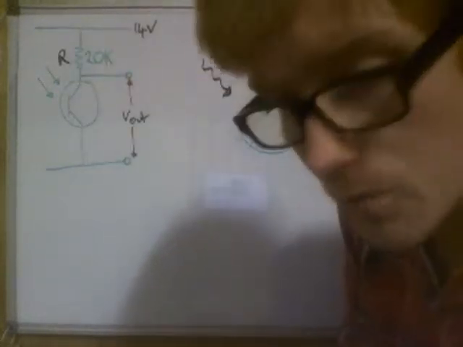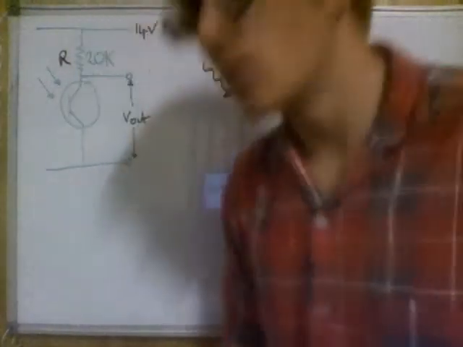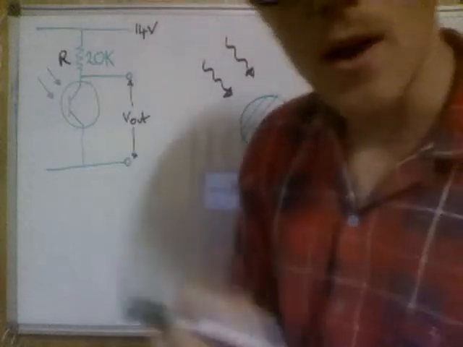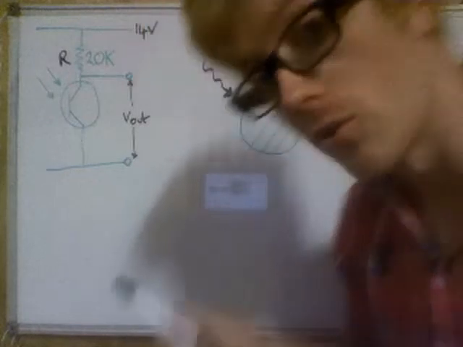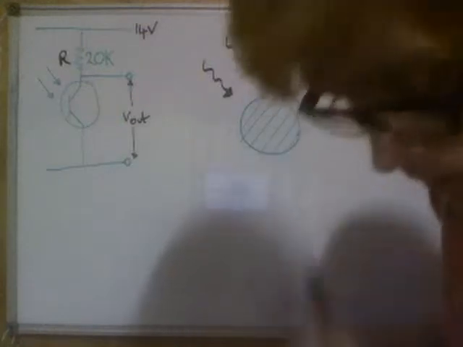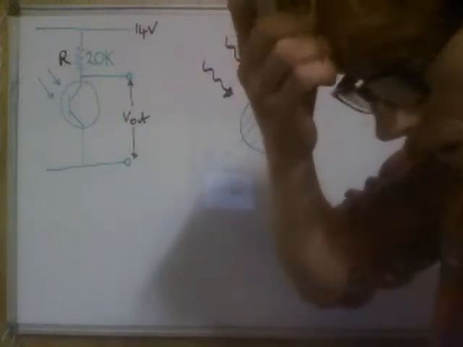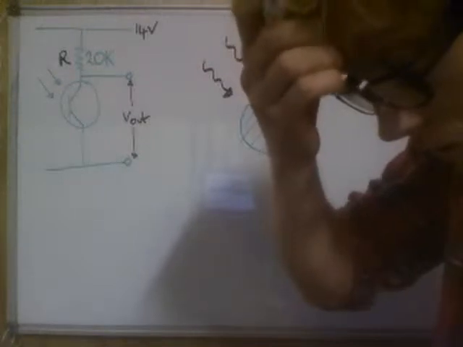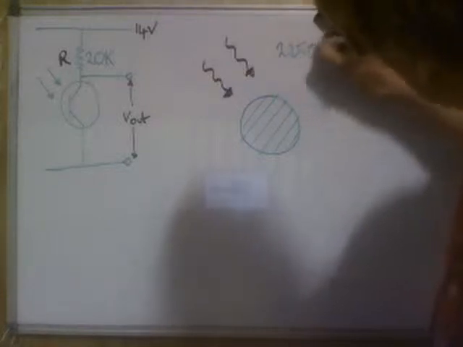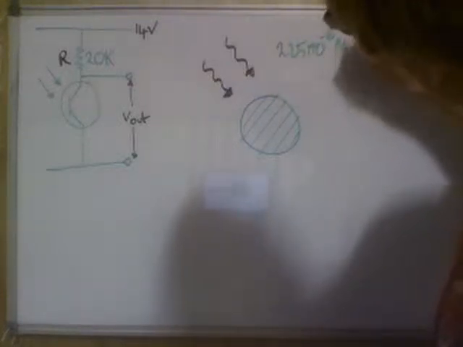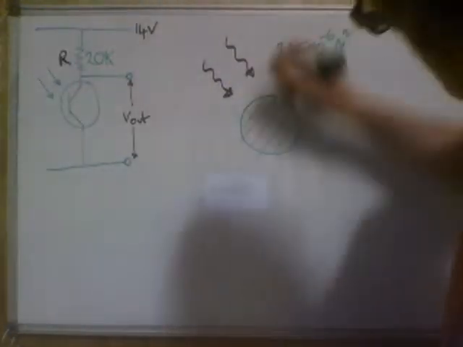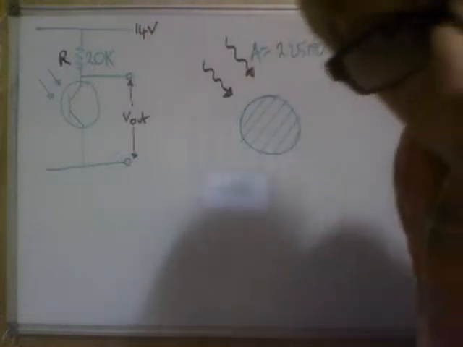In the first part of the question, you're asked to determine the amount of power falling onto this phototransistor. If we think of this as being the surface of the phototransistor, we're told that it has an area of 2.25 times 10 to the minus 6 meters squared. That's the area of that transistor, and the power density falling onto that,